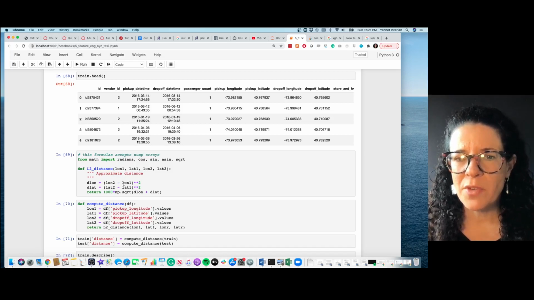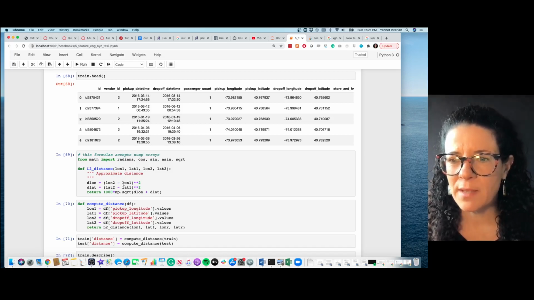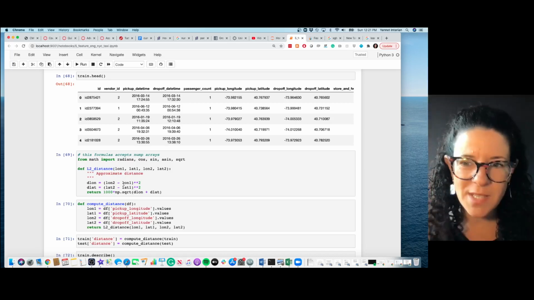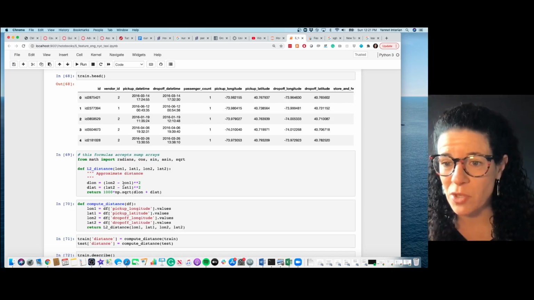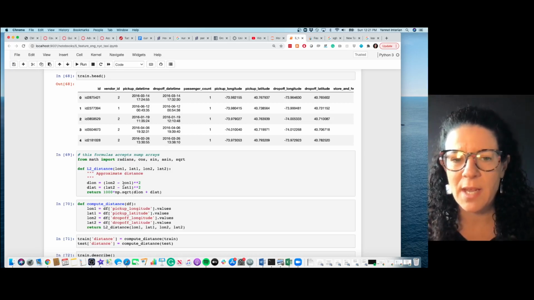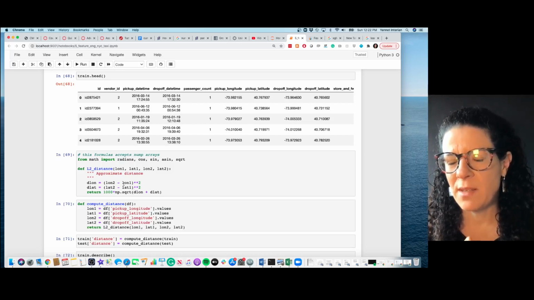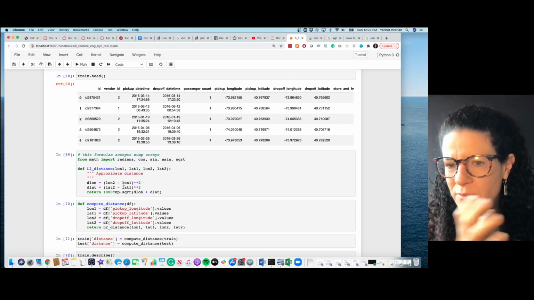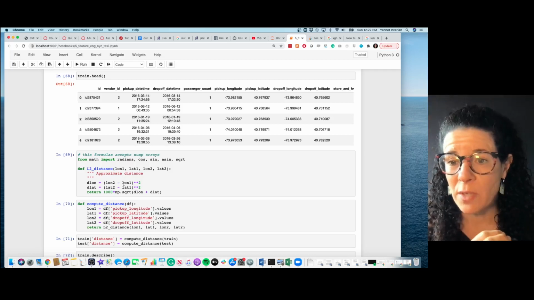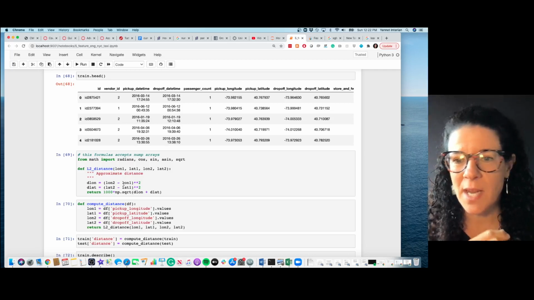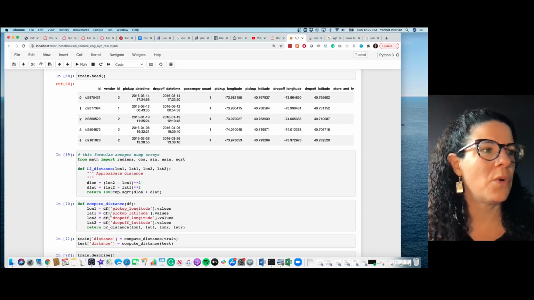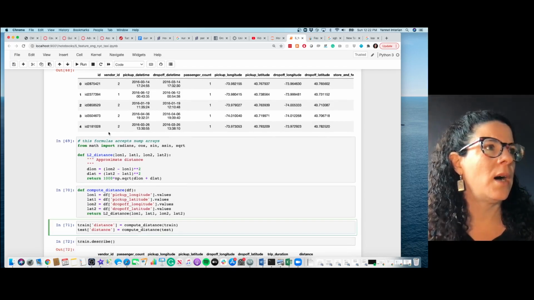And some of you are going to tell me, well, but it's Manhattan and there is water in between, so you cannot just use the distance. Sometimes the trips are going to be much longer because you cannot go directly. But I am just going to say that this is a rough variable, and hopefully it's going to be useful, and it doesn't have to be perfect right now. So we're going to do that,